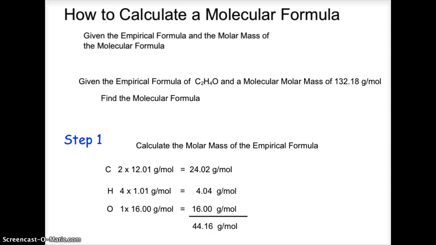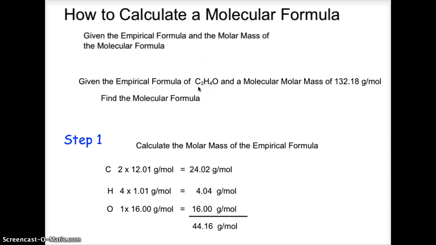So here's an example problem. We were given the empirical formula of C2H4O and a molecular molar mass of 132.18 grams per mole. Find the molecular formula. Well, the first step is that you're going to want to calculate the molar mass of the empirical formula. And to do that, if you would recall, you're going to take the empirical formula and you